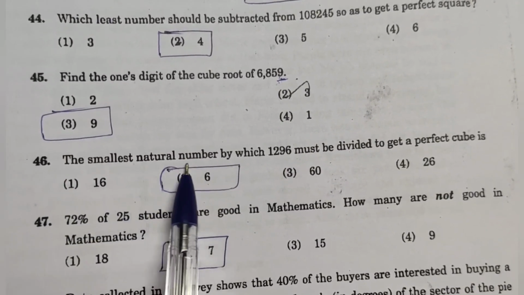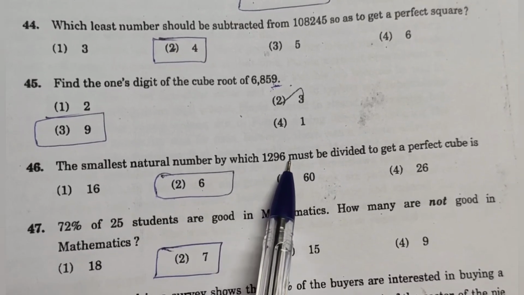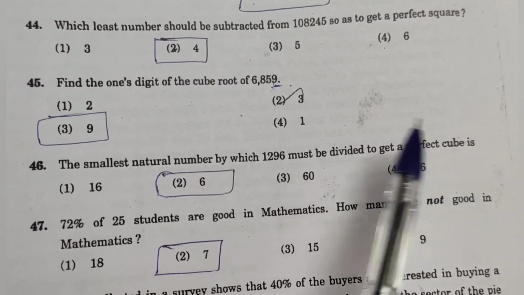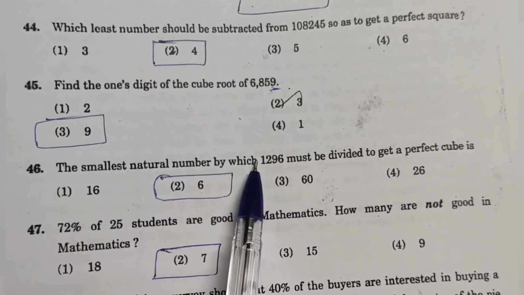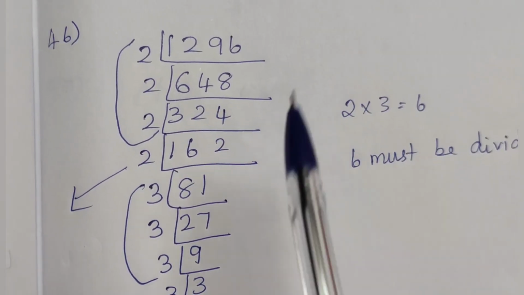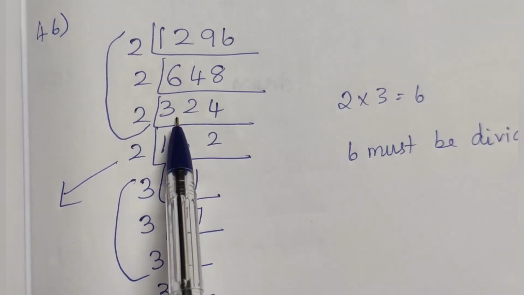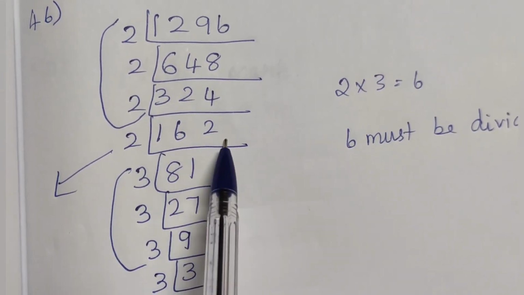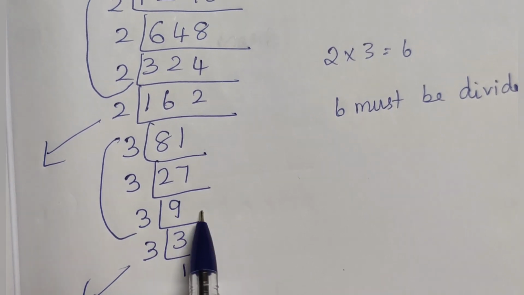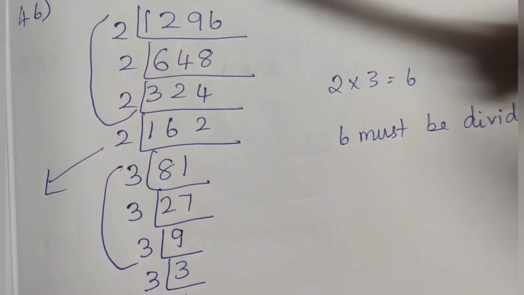46. The smallest natural number by which 1296 must be divided to get a perfect cube. In order to make it a perfect cube, what number must be divided? I prime factorize 1296: 2 table 648, 2 table 324, 2 table 162, 2 table 81, 3 table 27, 3 table 9, 3 table 3, 3 table 1. Cube root,